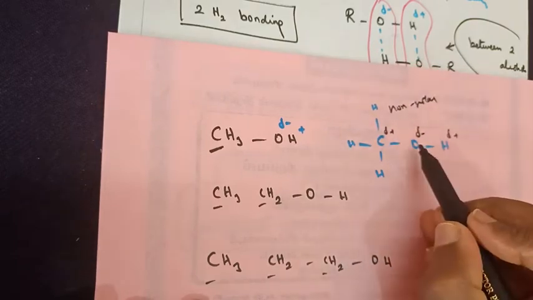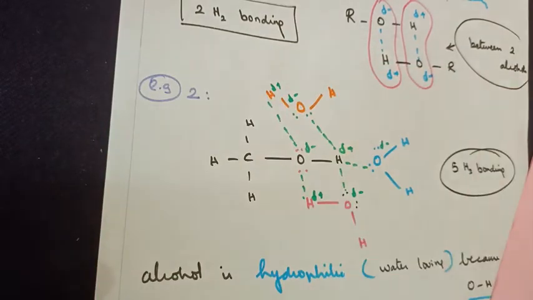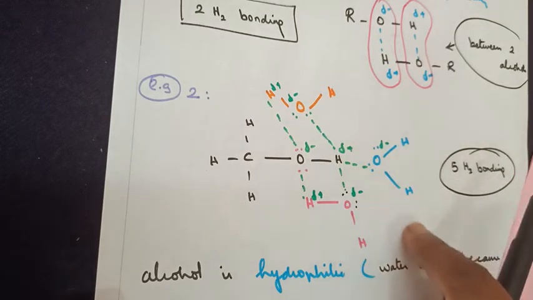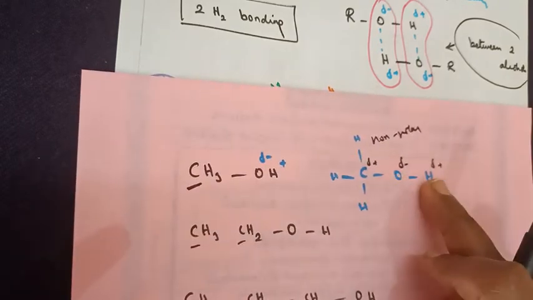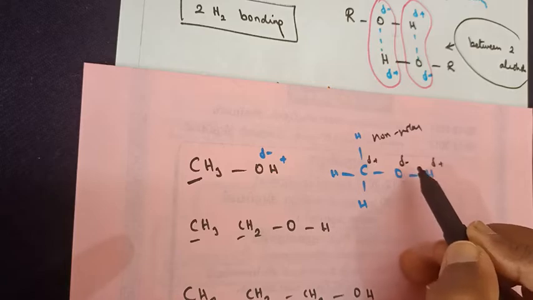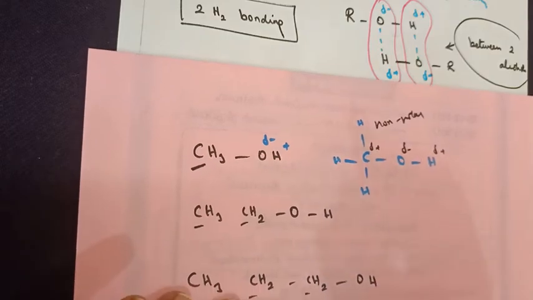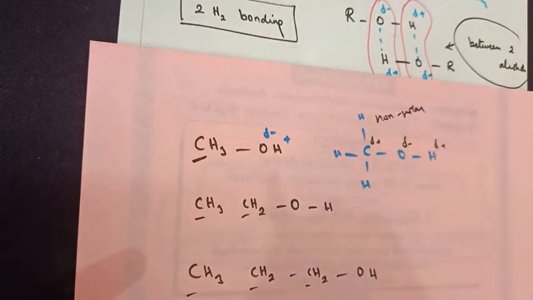Please remember, oxygen and hydrogen combine together to form a bond. As a result, different numbers of water molecules or alcohols can be added, giving rise to intermolecular hydrogen bonding. When these two combine forming a bond, the polarity character increases here. Non-polar character is found in this carbon atom. Here only one carbon atom with a non-polar character.